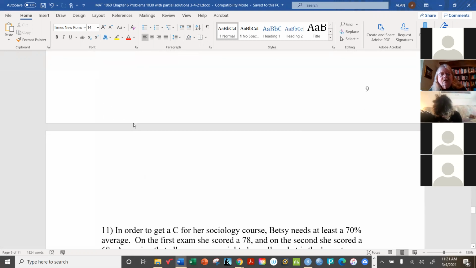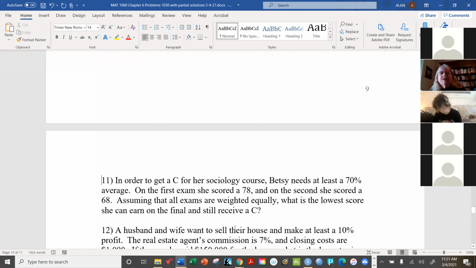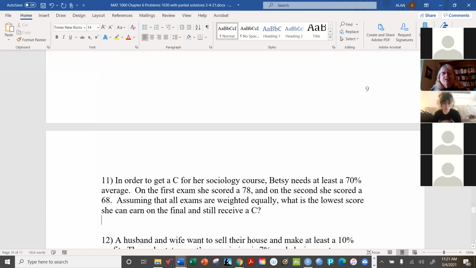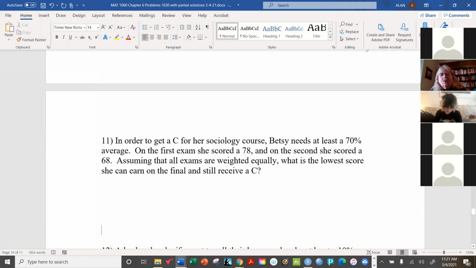Now, here's number 11, which is a little simpler. Here's another situation with an average, but this time it's a little simpler because the scores are all weighted equally. Okay, so here's Betsy, who needs a C in her sociology course. That means she needs at least a 70 average. So far, she has a 78 and a 68. If all the exams are equally weighted, what is the lowest score she can earn in the final and still get a C? So if X is her final exam score,